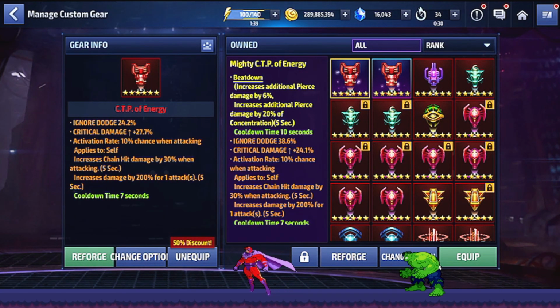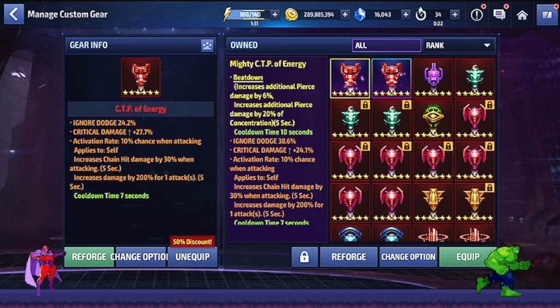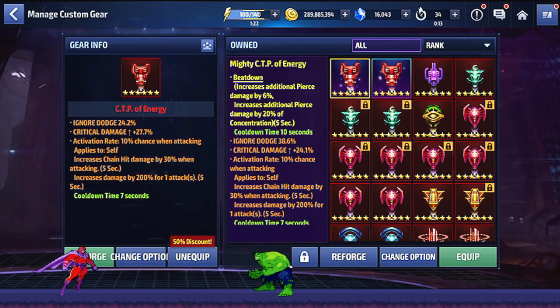So I got one Mighty CTP that actually has the max stats with the increased additional pierce by 6%, and then you get the increased additional pierce damage by 20% of concentration for 5 seconds. And how this thing works is you always have the increased additional pierce by 6%. You always have the extra pierce damage. And this will add on to the pierce that you already have on your cards. So in my case, since I have 4% pierce on my cards, I'm going to have a total of 10%